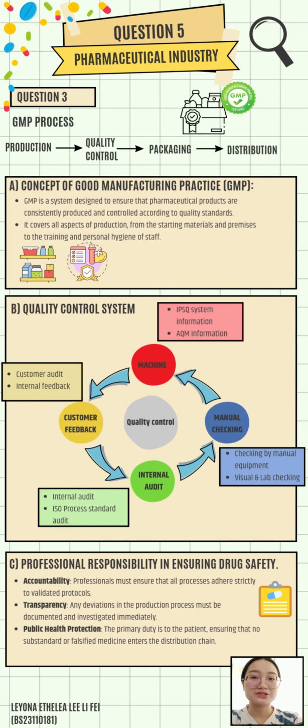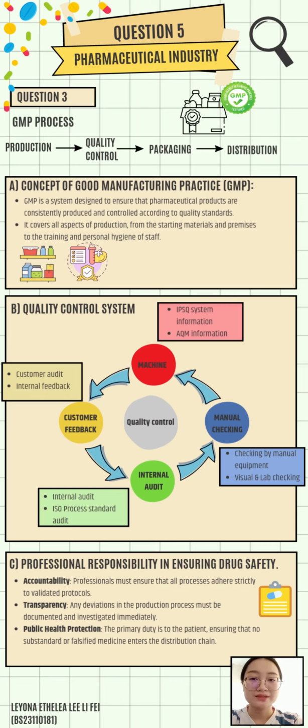This slide is about GMP, which is good manufacturing practice. So, what is the concept of GMP? GMP is a system designed to ensure that pharmaceutical products are consistently produced and controlled according to quality standards. It covers all aspects of production, from the starting material and premises to the training and personal hygiene of the staff. B. I already sketched the quality control concept: machine, manual checking, internal audit, and